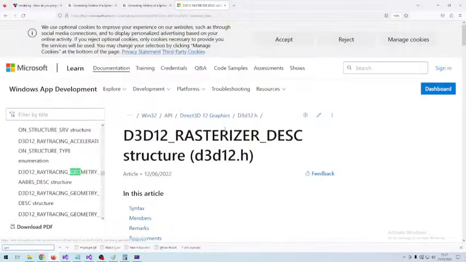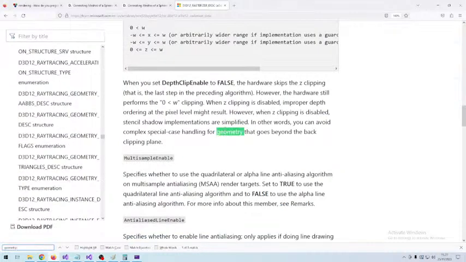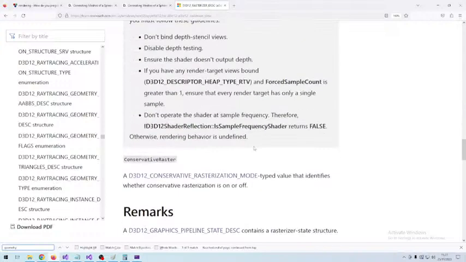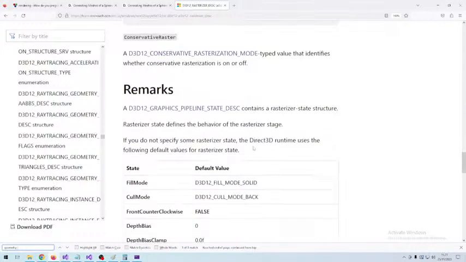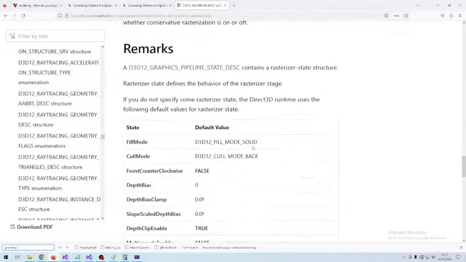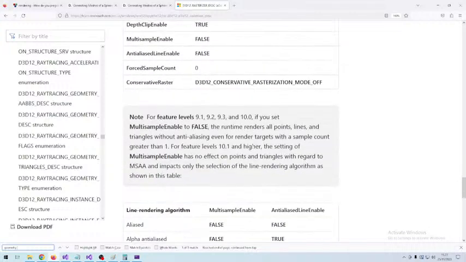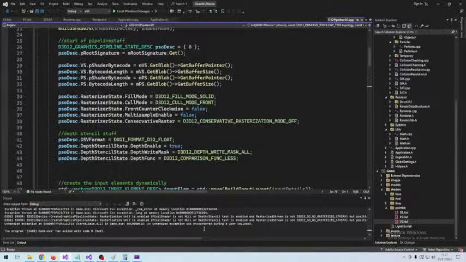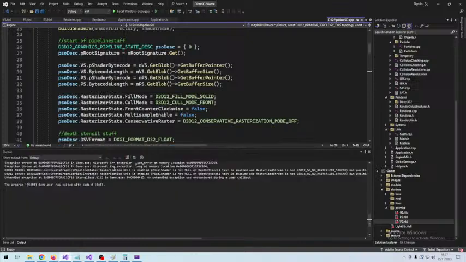Let's see, geometry shader. I can't remember. Let's see. What does our debugging system tell us? We can also just Google the